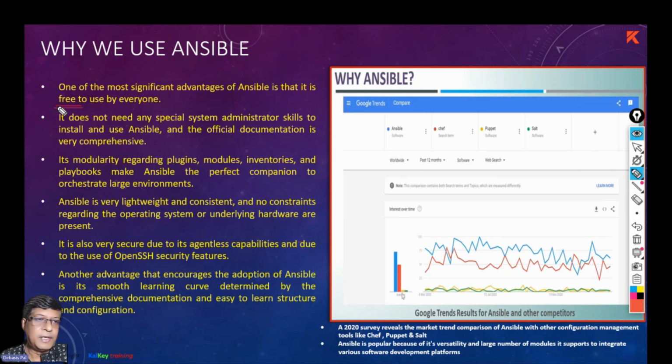First of all, it is free. It is open source. It does not need any special system administrator skills, so it does not need any specialized skills to learn, because the official documentation is very comprehensive and you get a good mentor like us in Kalkey. So you can learn Ansible in very less time, in 5 sessions